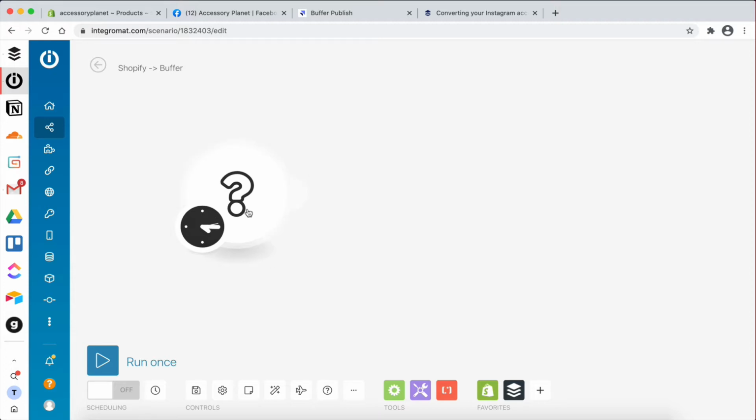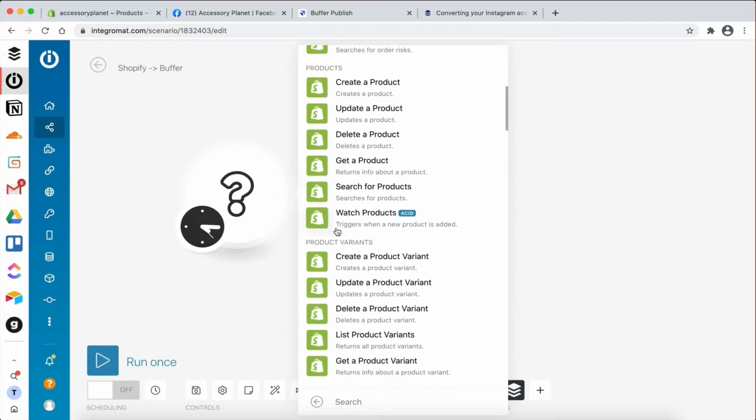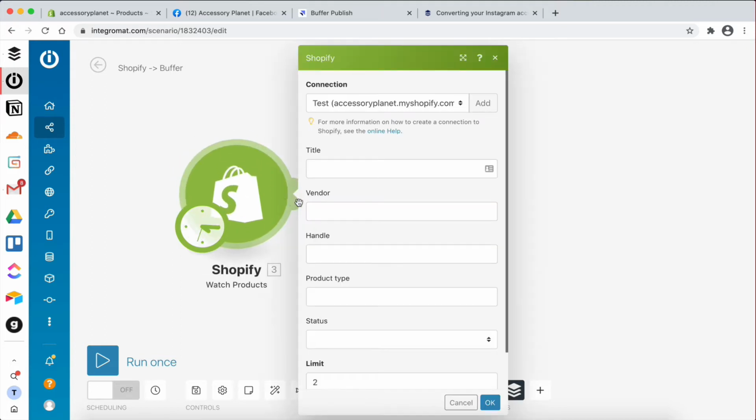And what I wanna do is add the Shopify app, right? So you're gonna go ahead and search for Shopify here. And I'm gonna select the watch products module, right? So in other words, this module is gonna check for new products that have been added to your store. So I'm gonna select that,